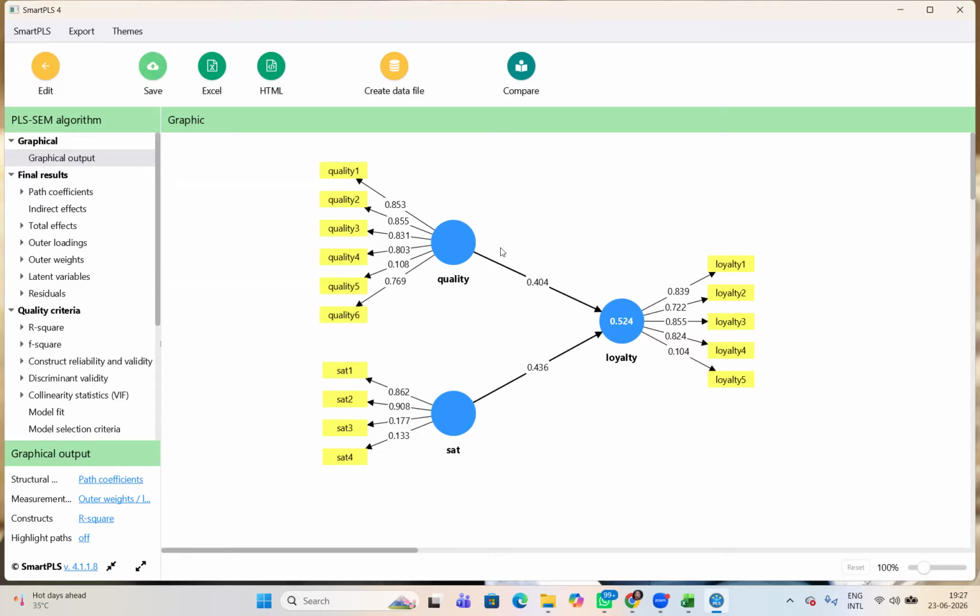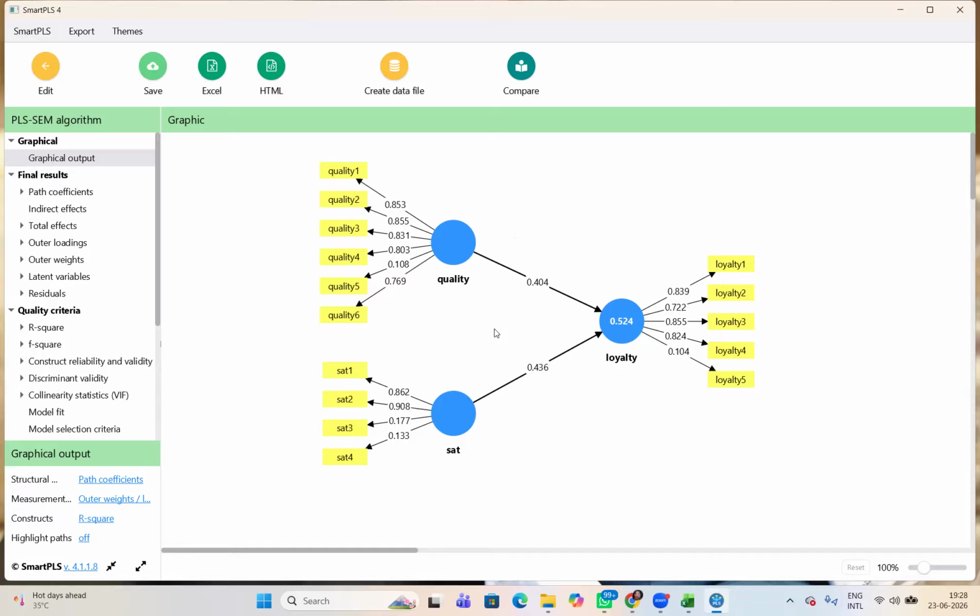Sir, for example, there are three variables, and we are studying the impact of these two variables on loyalty. For example, if there is a variable in the same place as loyalty, which is having three dimensions, that is another thing I will discuss later on. That is the case of higher order construct. How to handle it, I will discuss with you.